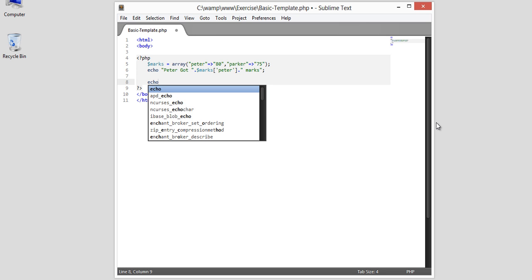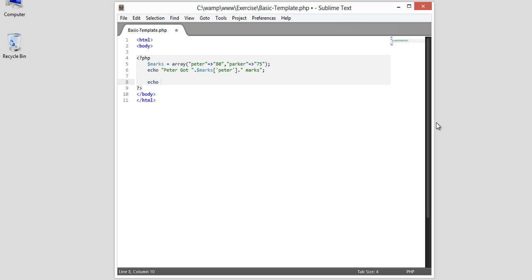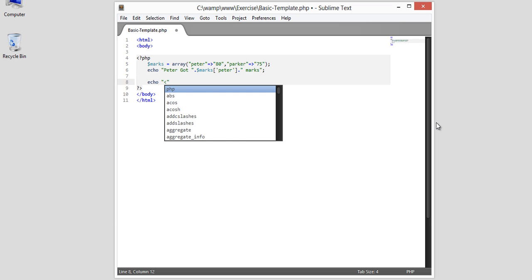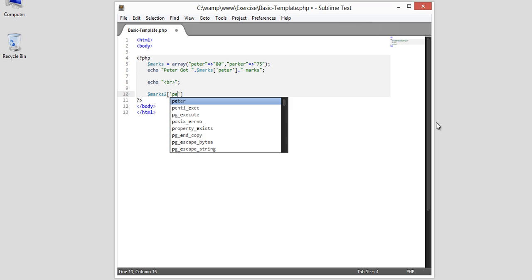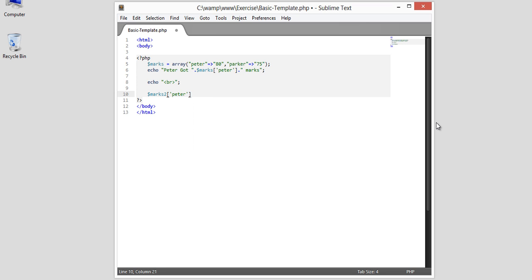First of all, I will again put a br tag to break the row, and will create another variable, marks2. Here is the difference between associative and index arrays. In an associative array we just put a name here, and I will put again the same name,